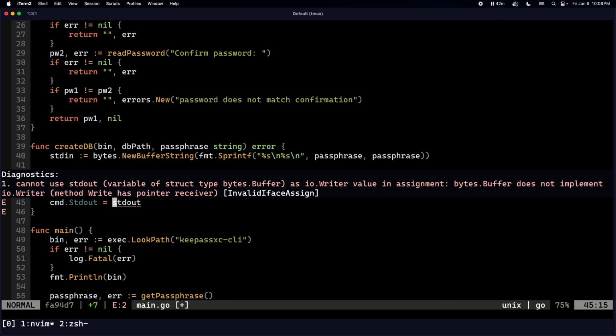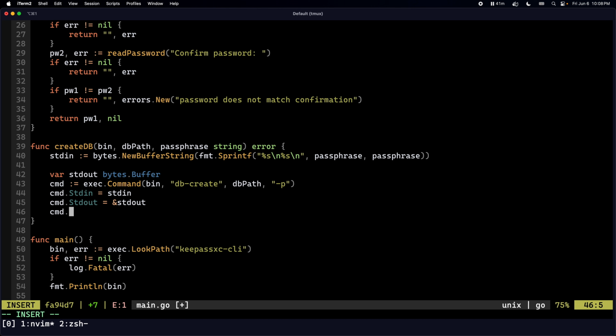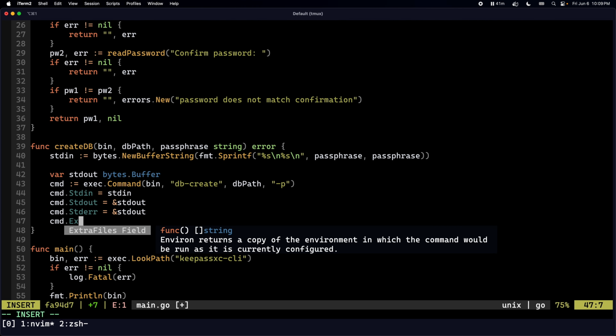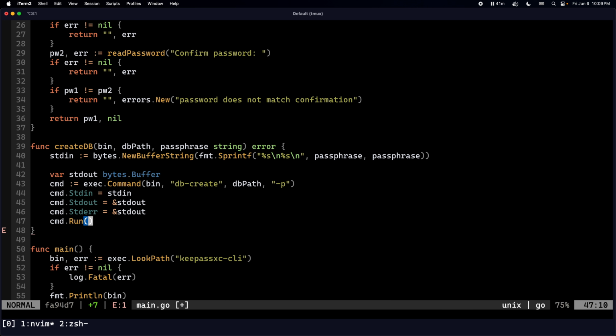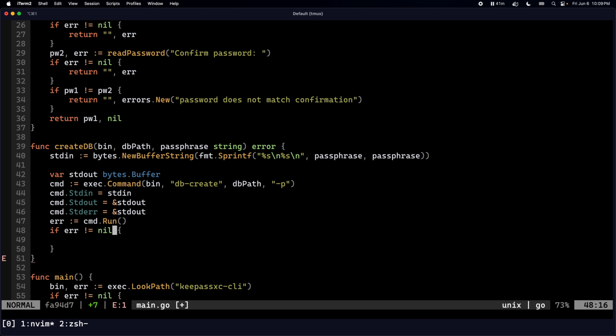And what's happening? Bytes buffer does not implement io writer. Good enough. cmd standard error equals this standard output, and then cmd run, and error equals... if error is not nil, we return the error,